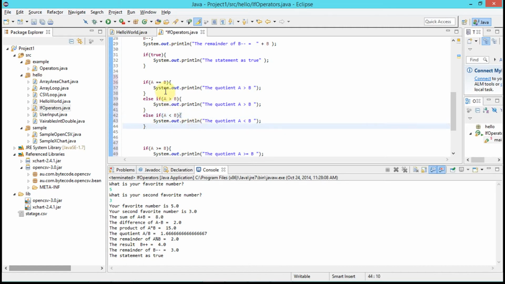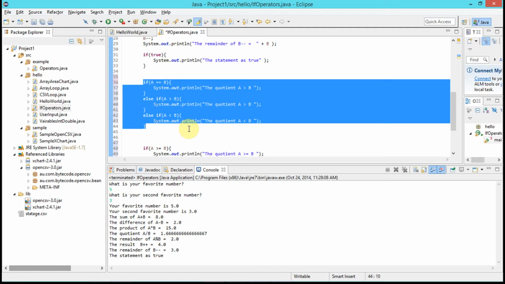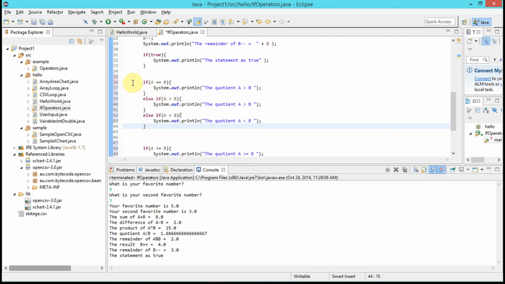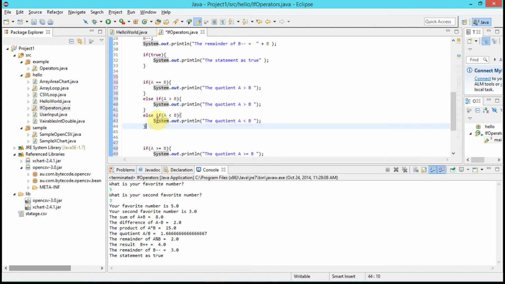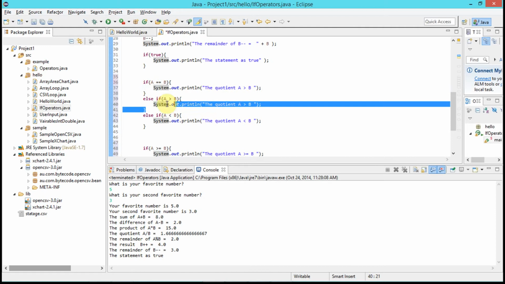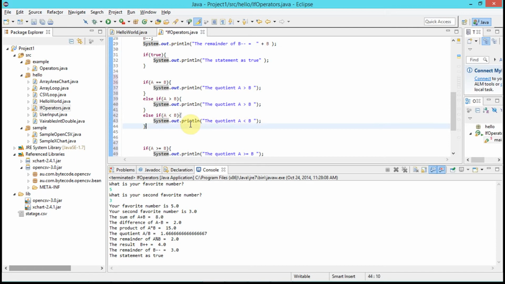And so basically what this will make the program do is that this whole thing will only get evaluated once. All right, so that means that when the program is running, it gets to line 36, it asks the question, is A equal to B? Okay, if the answer is true, say they're both 5, then it executes this statement and skips the rest of the if-else if statement. Okay, if that makes any sense. All right, so only one of these statements could possibly be executed if we're using this if, else if, else if. Okay, and then finally what we could do here,